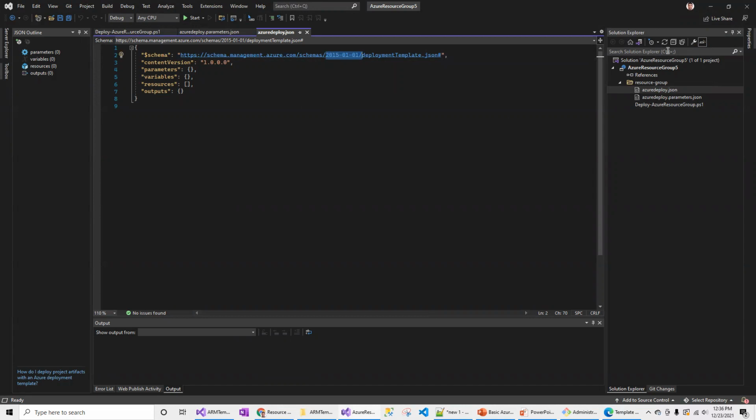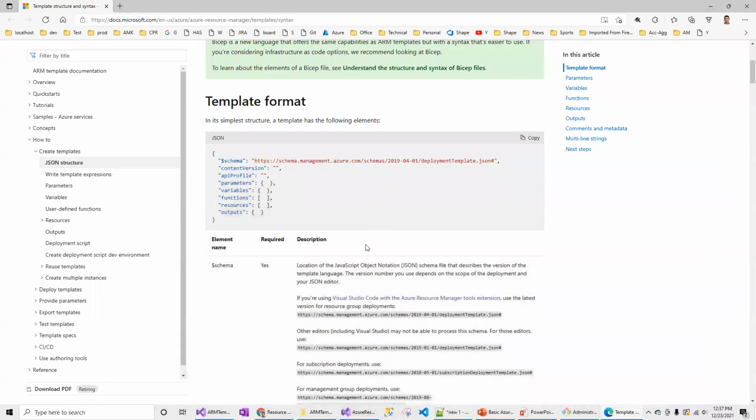So you should make sure you're getting the latest version, even though you might think Visual Studio 2022 is the latest and you should expect the latest files, but that's not the case. The purpose of this schema is the location of the JSON schema file that describes the version of the template language. So whatever template language you are using, it contains that information.